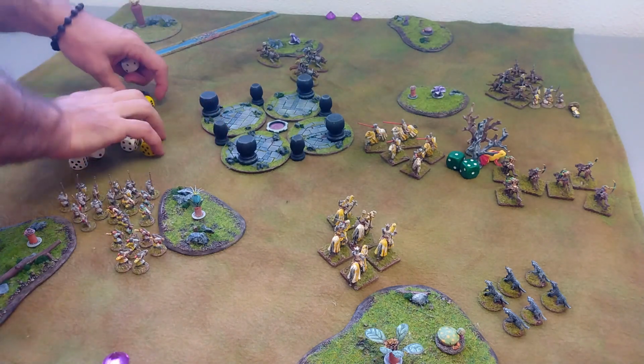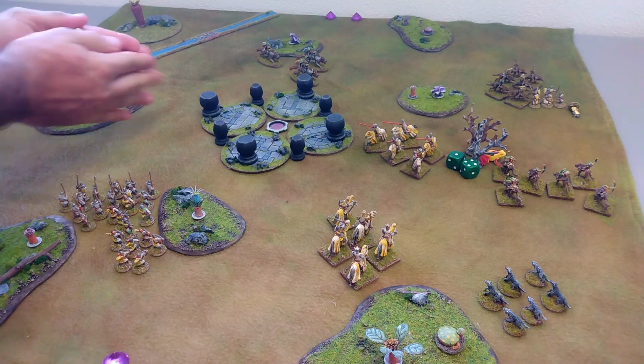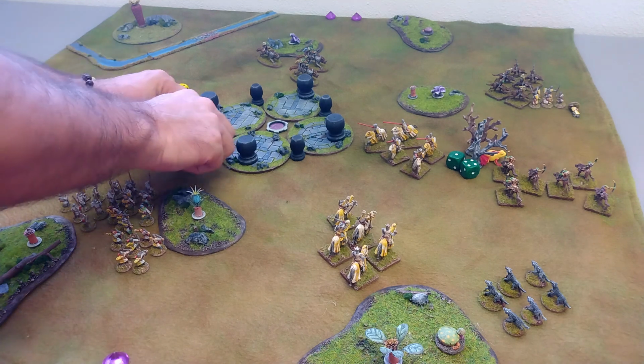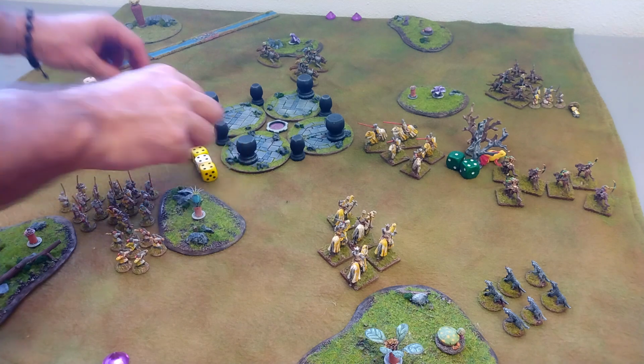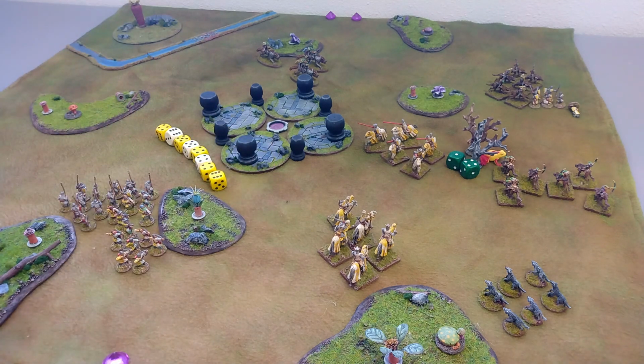But the elite foot get to counterattack, and elite foot have a defense value of 4. Holy cow. That's pretty good. Rolling 12 dice, looking for 4s. We get a total of 1, 2, 3, 4, 5, 6, 7 hits. 8 hits altogether. Man, what a great roll. 8 hits on those elite riders is going to wipe out 2 of them, meaning our elite riders will check